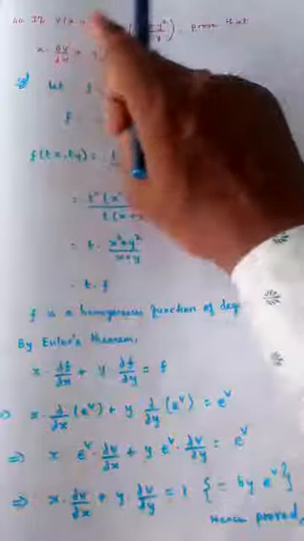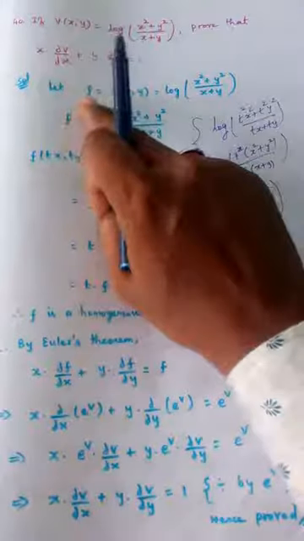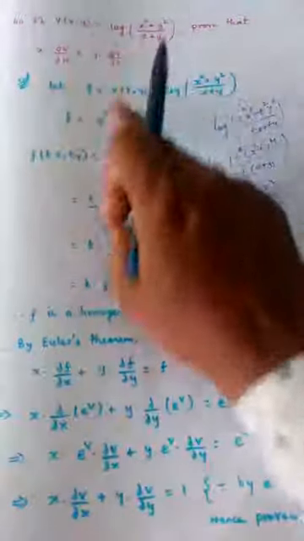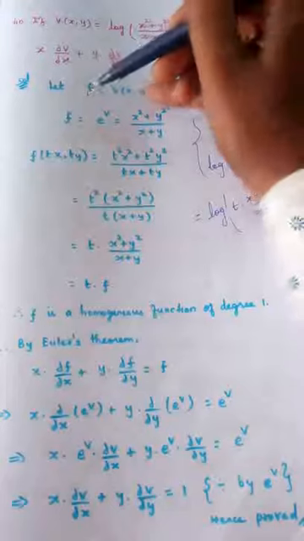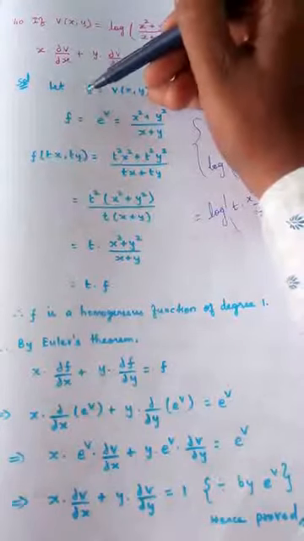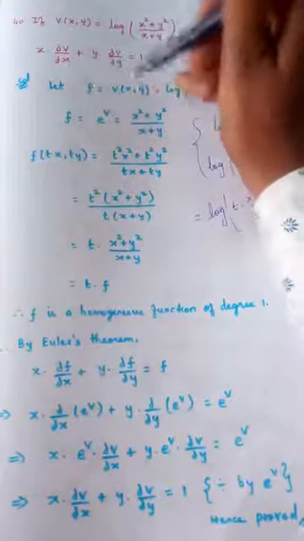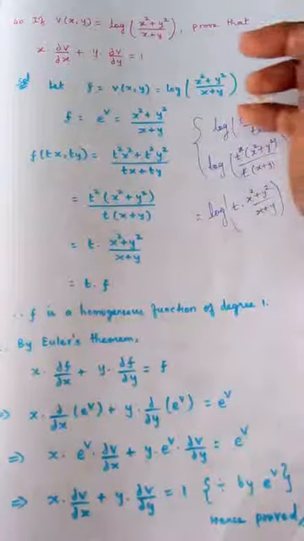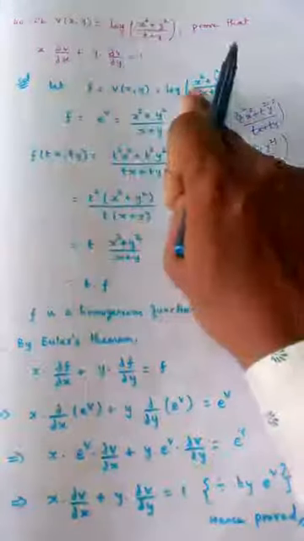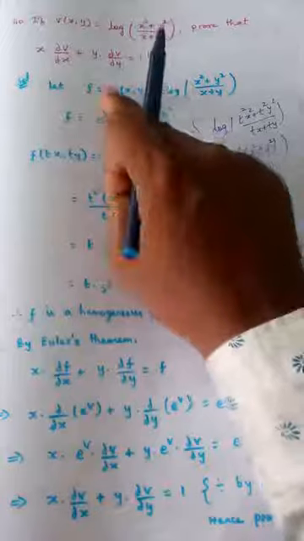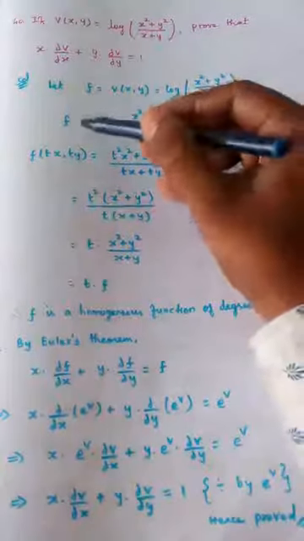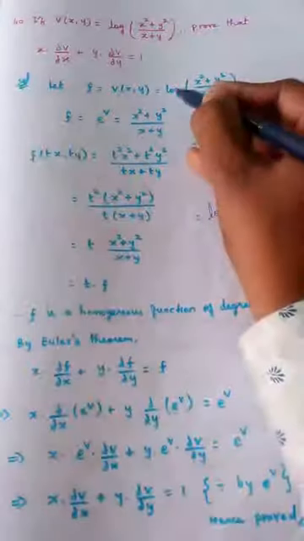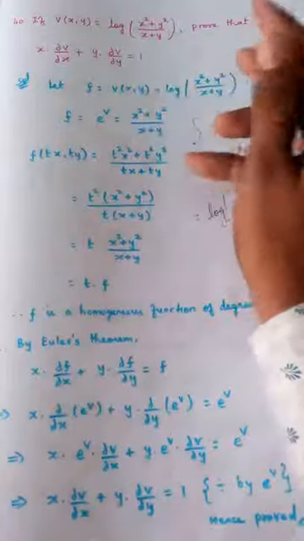So they have given v of xy is this. Since these two are equal, we are giving another name for these two and taking that as f. So in the first line I am going to introduce a new function called f. So f is equal to this and this is equal to this. Nothing I have done here. In the question they have given these two are equal and I am giving one more name for this. That's all. So f is equal to, now just bring this log to the other side.